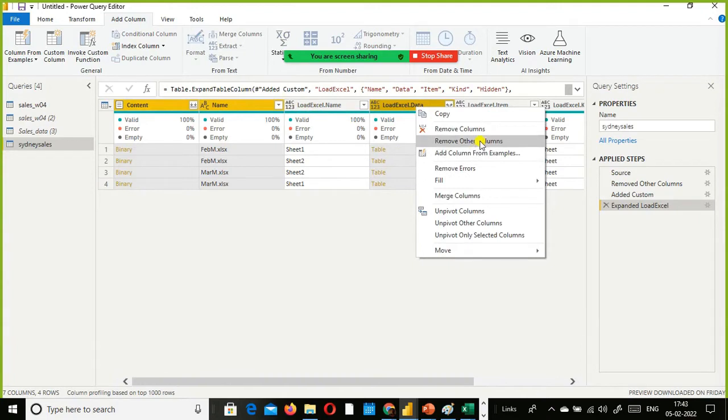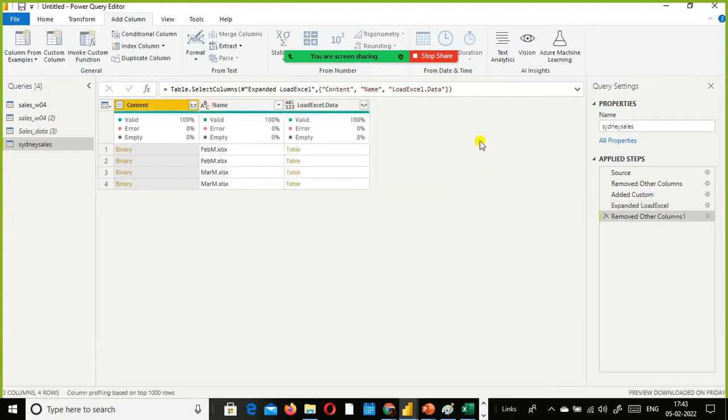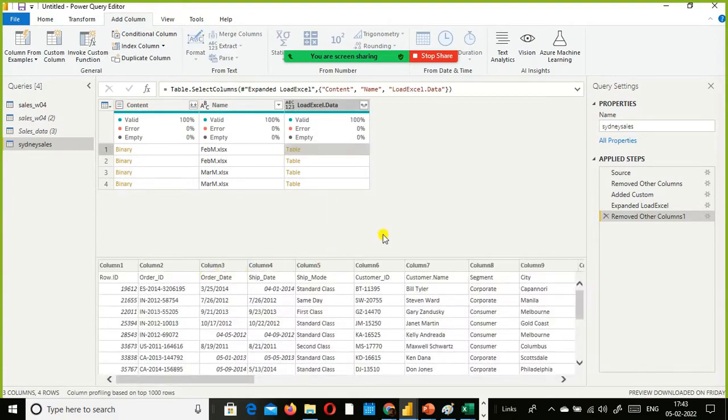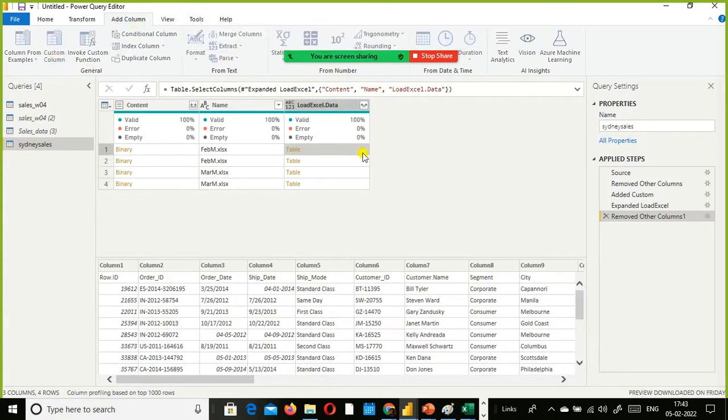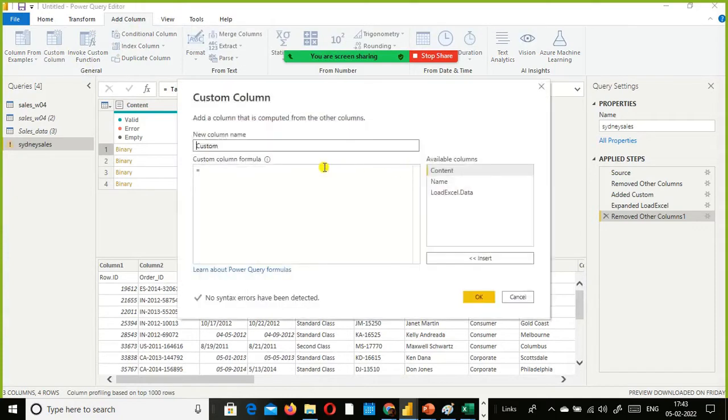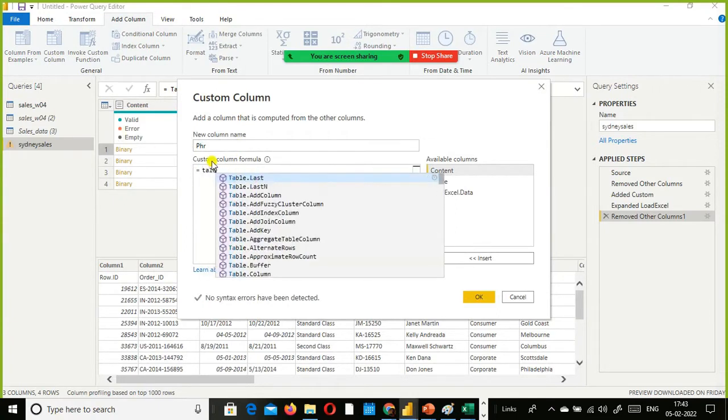Remove other columns. The next step: since the column names were not detected as column headers, I am going to create another custom column. I use promote headers, PHR. We have a table function called Table.PromoteHeaders.